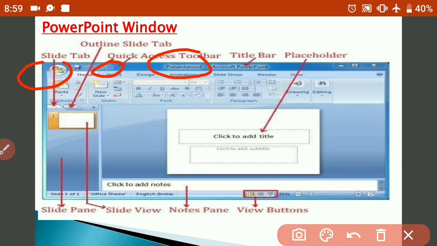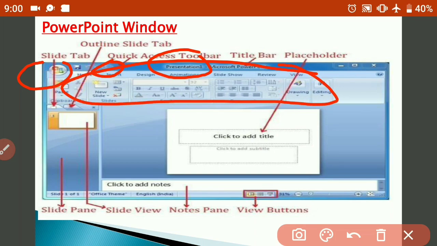Next is the quick access toolbar. Here you can see the quick access toolbar displays buttons for the save, undo and redo commands. Next is the ribbon. This area is called the ribbon. The ribbon displays groups of related commands in tabs. Each tab has shortcut buttons for common tasks. Next is the status bar.